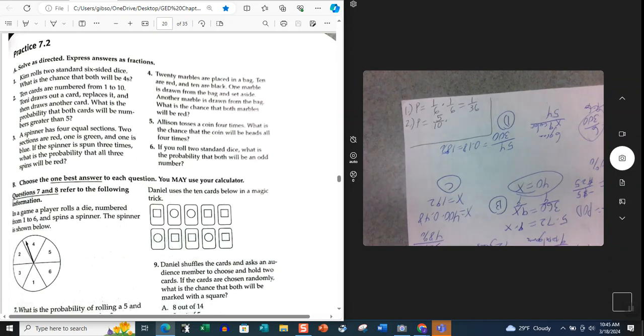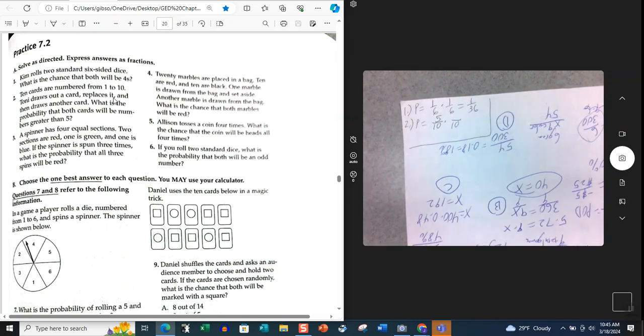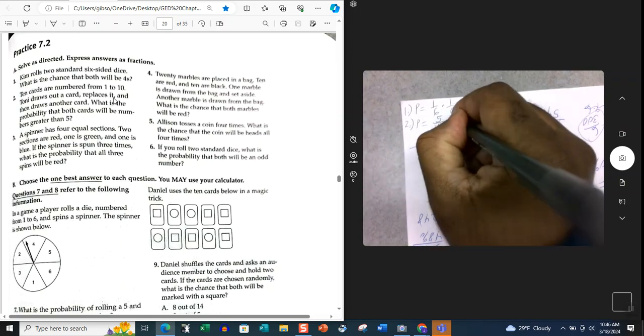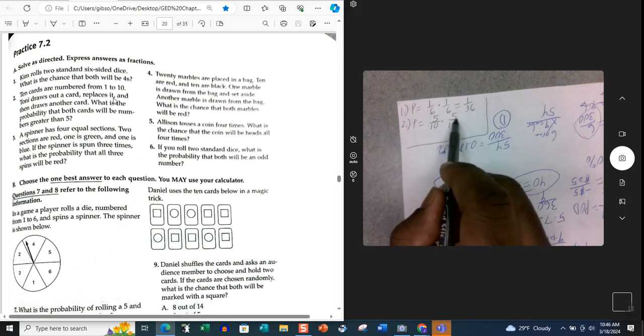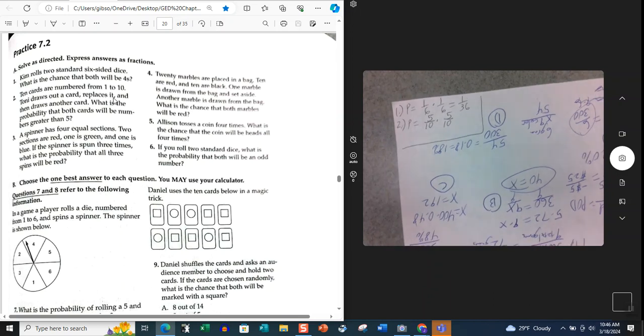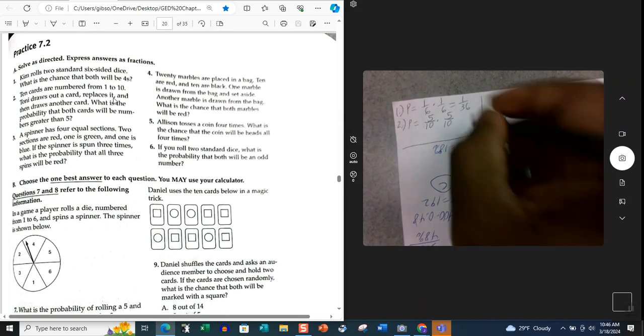Now we'll multiply by the second selection. Now they said here that Tony draws out a card, replaces it. So that means Tony put that card right back in there. So you still have 10 possible choices. And then they still want numbers greater than 5. So it still will be 5/10. So now when we multiply this, we would do top times top, bottom times bottom. So this will give us